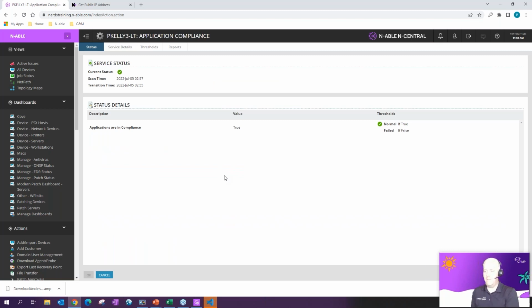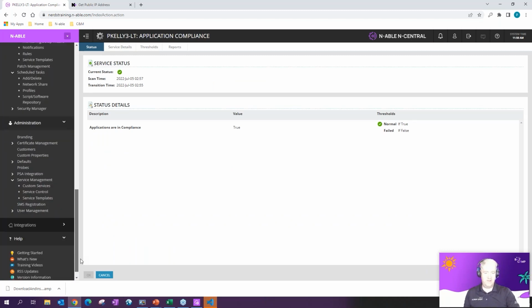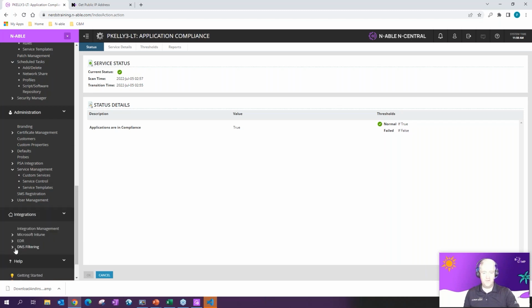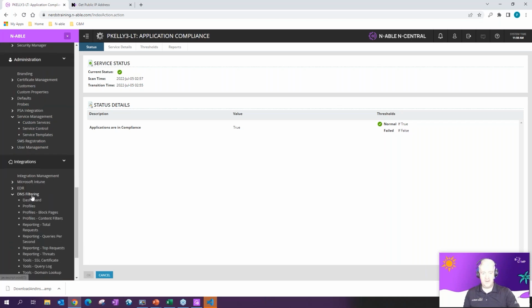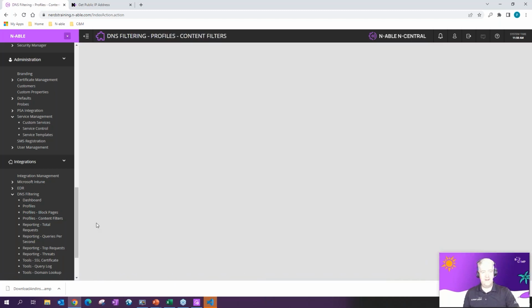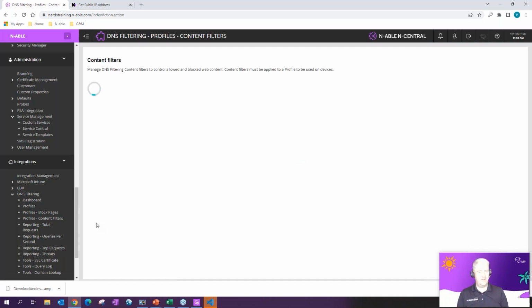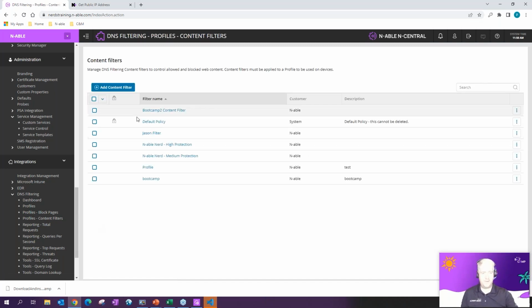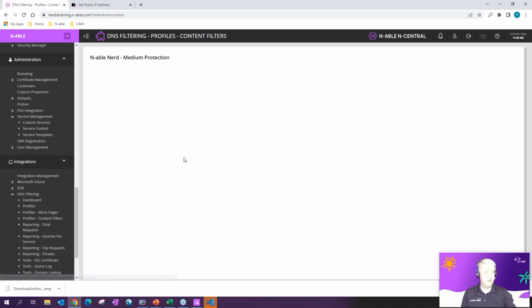In terms of actually blocking it itself, what you could potentially do in that situation is use our new integration with DNS Filter. If you come down to your profile and content filters in here, we have within the actual filters itself app control. So if I edit my existing filter here, for example,